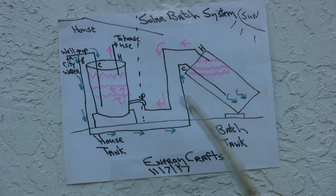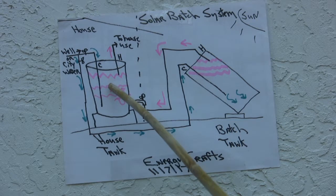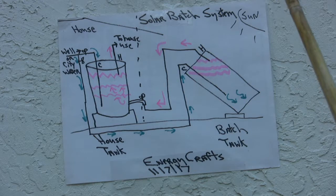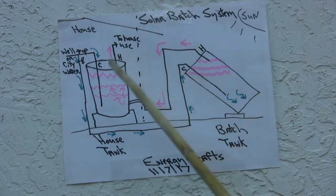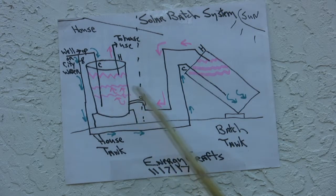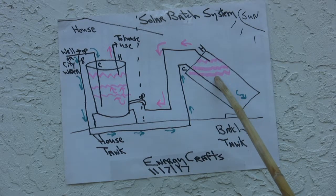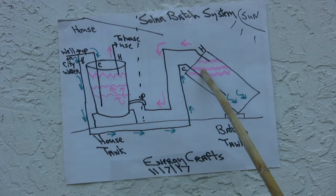But in my case, I've totally turned off the in-house hot water tank. There's no electricity going to that between about, I would say, late March or early April, and all the way until now I've been able to get away with it. In fact, starting today, I'm going to have to turn my house water tank back on because this batch tank is not getting hot enough to satisfy me. It's getting it just slightly warm, but it's not getting comfortable if you wanted to take a shower, unless you